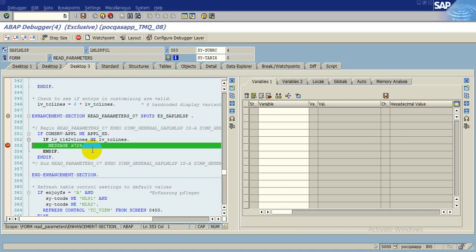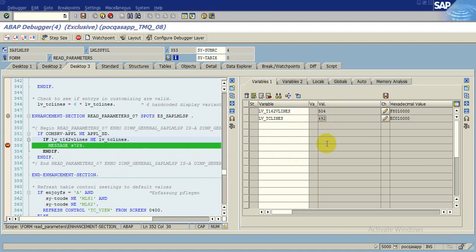So friends, what is there in this parameter and this parameter? If we double click on this, you see that the value is 504. So this variable contains value 504, and let us check this one: this value contains 492. In this syntax it is written that if this is not equal to this, then the message will appear. That means 504 is not equal to 492, so this message is appearing.